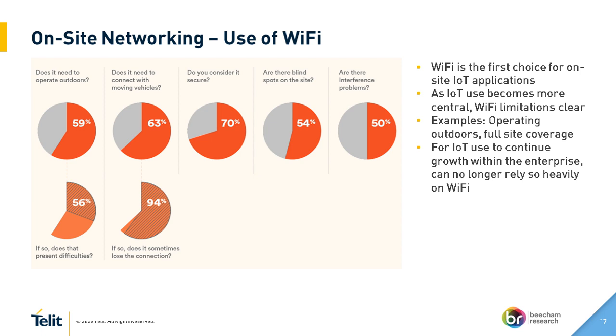And Wi-Fi 6 doesn't really change that. Wi-Fi 6 increases the capacity. What it doesn't do is really change the ability to move, to roam, and to operate outdoors. So we don't see it changing that much, and we don't think that the Wi-Fi Alliance does either. We think the situation with Wi-Fi is that it's going off in a direction that supports obviously home, but increasingly business-related activities in offices, and is not really targeting increasing use of IoT. And as IoT gets more important to operations, as operations become more mission critical, more real time,